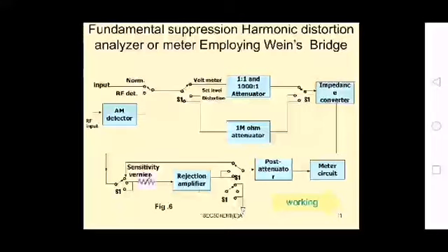Explain the total harmonic distortion analyzer, or THD, by using Wien's bridge, it may ask. So you have to draw this diagram, then you have to explain each and every block. You will have the four blocks: the input circuit with the impedance converter, the second component is the rejection amplifier, the third one is the metering circuit, and the fourth one is your power supply. You can draw this diagram or you can take a screenshot of this diagram.